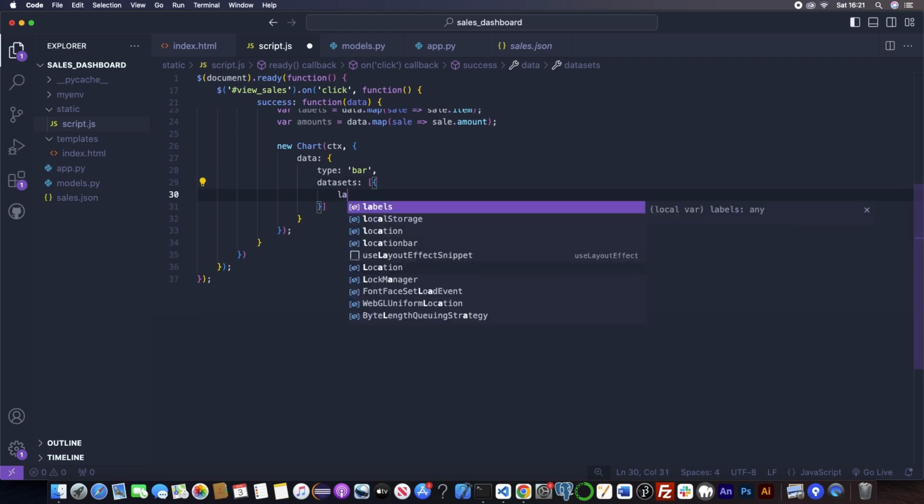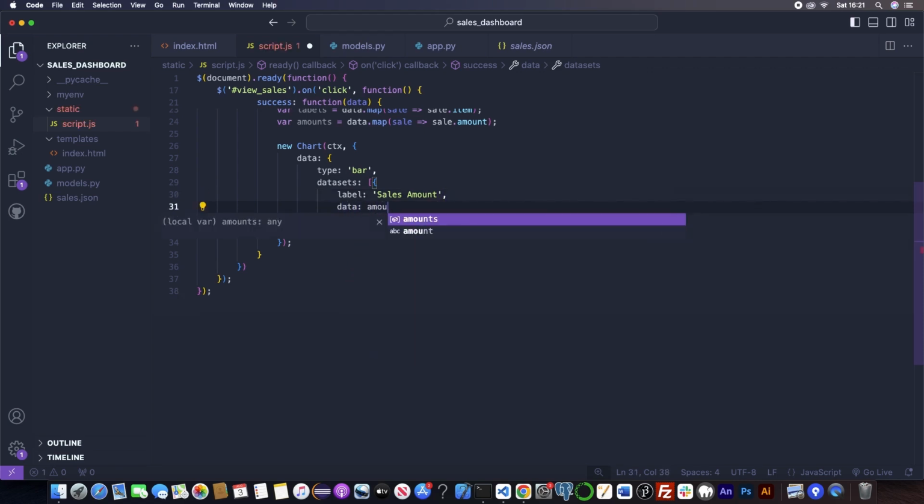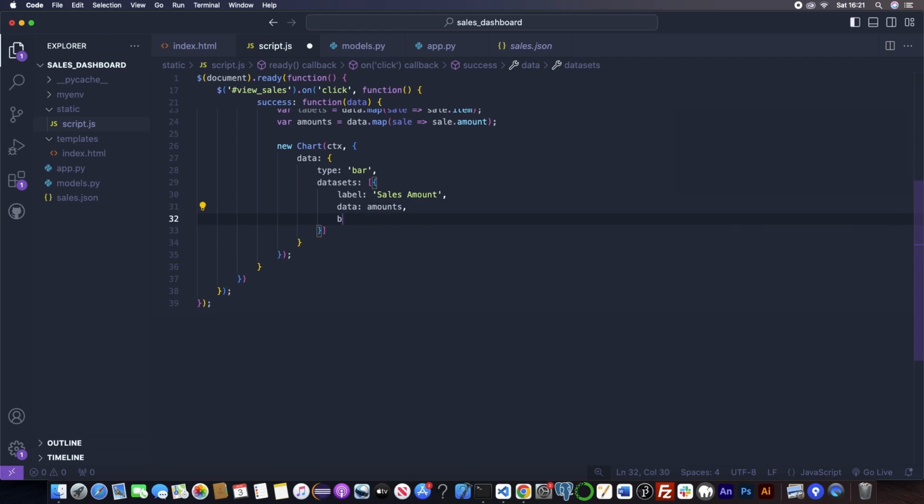So here we'll say label sales amount, data amounts, background color, we'll put in an RGBA, and we'll say 75, 192, 192, 0.2. Border color, we'll set that to the same, but this time we will say opacity of 1, and then we're going to say border width will be 1,